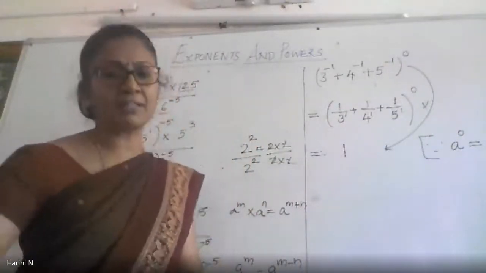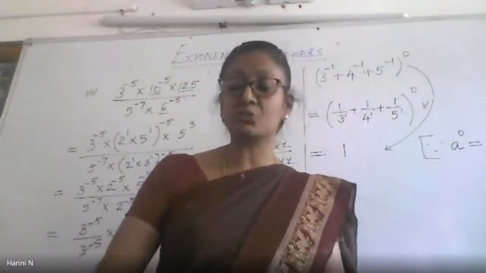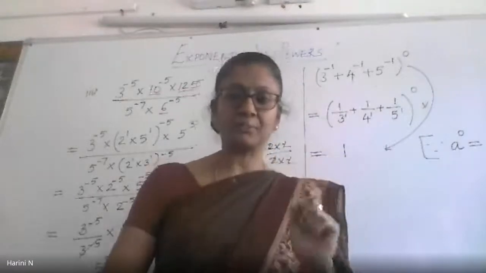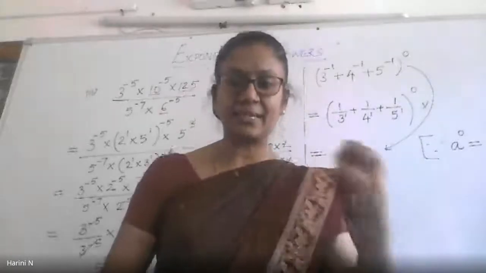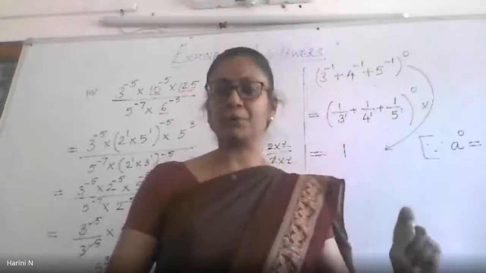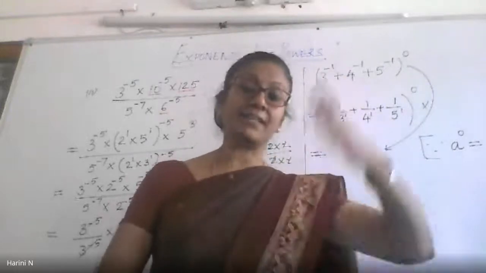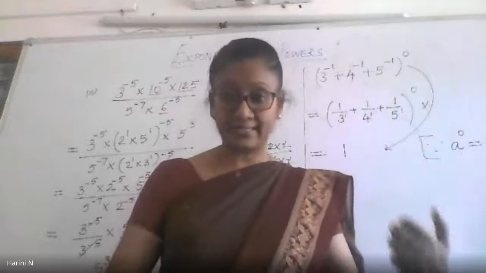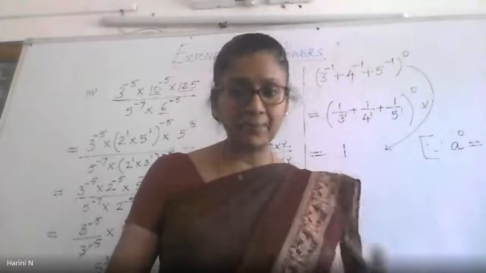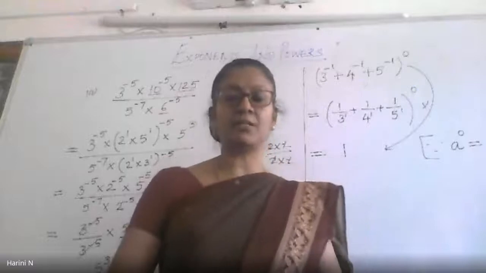Alright, I think we will stop here because I don't want to start scientific notation today. In tomorrow's class I will teach you how to write a given large number in the standard form. Very, very important because in your science, that is physics and chemistry, in your higher classes, the scientific notation or standard form is very important because you will be dealing with large numbers. It can be large on either end: a very large number or a very small number in decimals. Both these numbers can be very conveniently represented in the standard form in a very short manner. That is exactly what we will learn tomorrow.